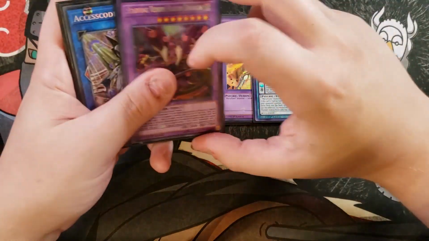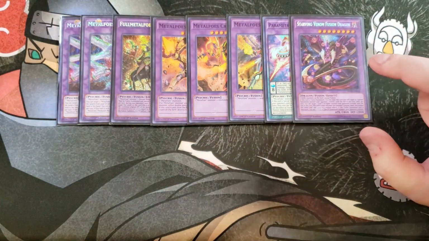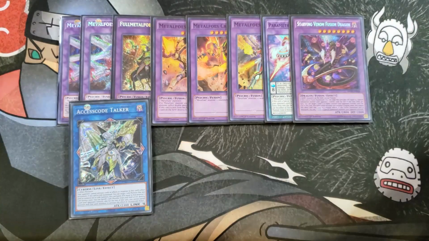We then play a single copy of Starving Venom to round out the fusion monsters. This card is really good in the deck because it's a good Super Poly target. Just in case these don't meet their requirements, you do have the copy of Starving Venom to get rid of dark monsters. We then play a single copy of Access Code to be able to pop cards on the field,